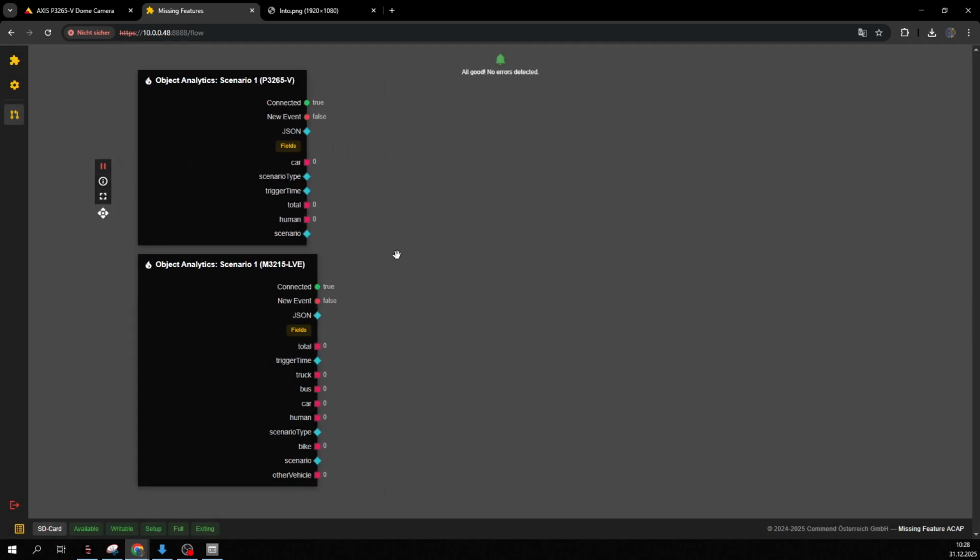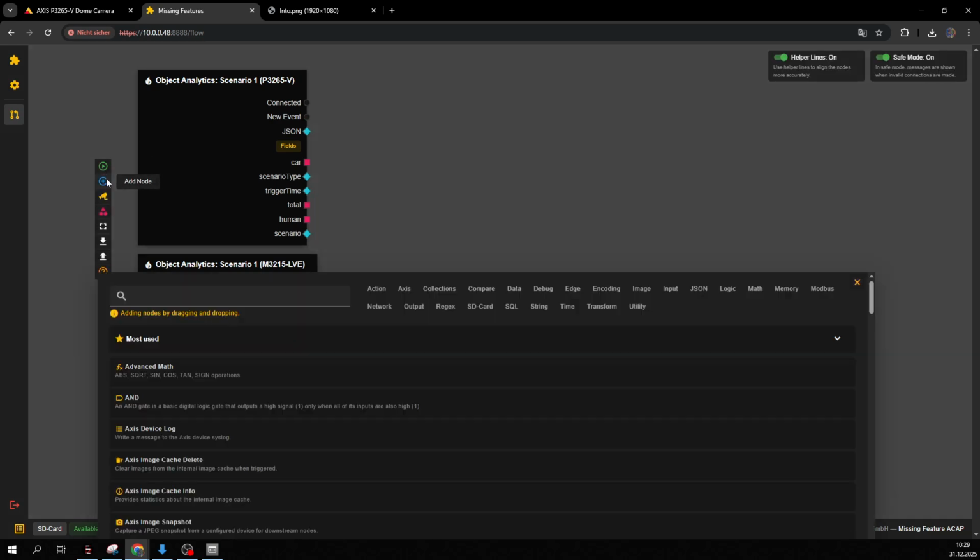Just do a small test. Both are connected. We have no counts. I think I need to adjust my demo camera to get some. So now we have some counts. And the other one is just empty because it's my camera in the garden, and there are no humans yet. But it should just demonstrate how easy it is to have two different cameras, and now we can start combining this